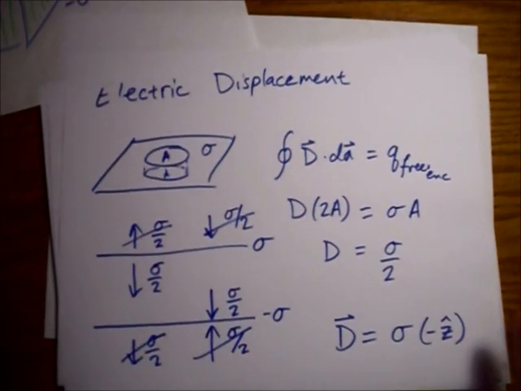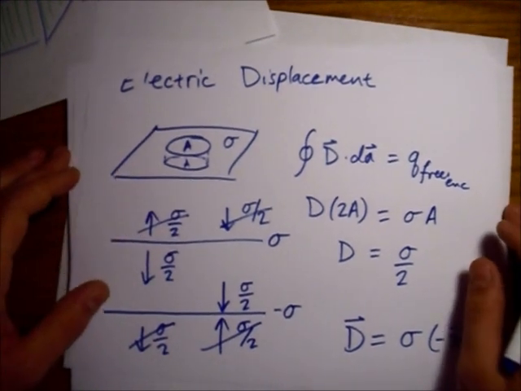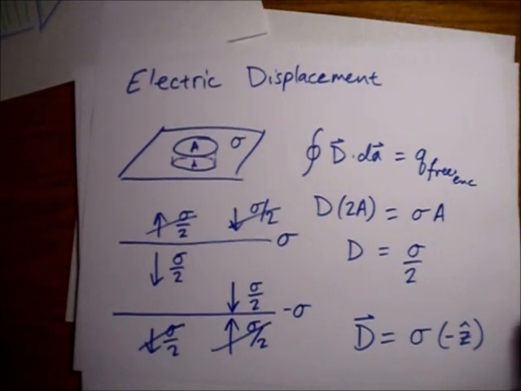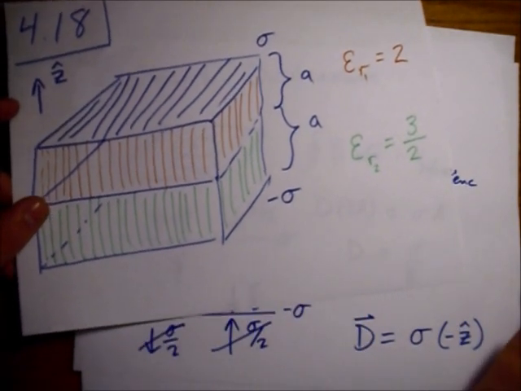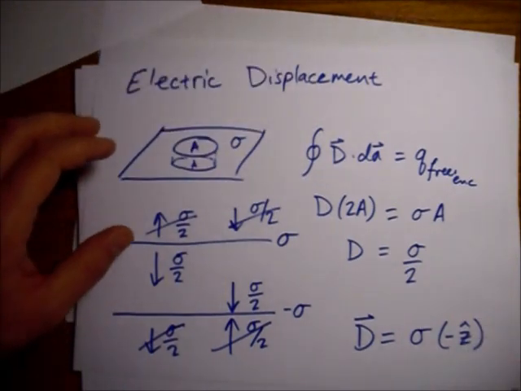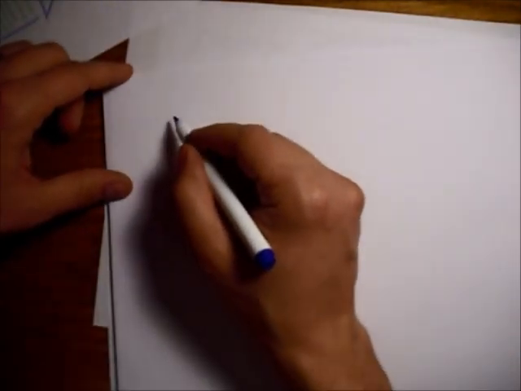Now for part B, we're going to find the electric field in each of these two slabs, this orange one and this green one. So we'll set this aside, and to find the electric field, let's see. These are linear dielectrics, right? So we know